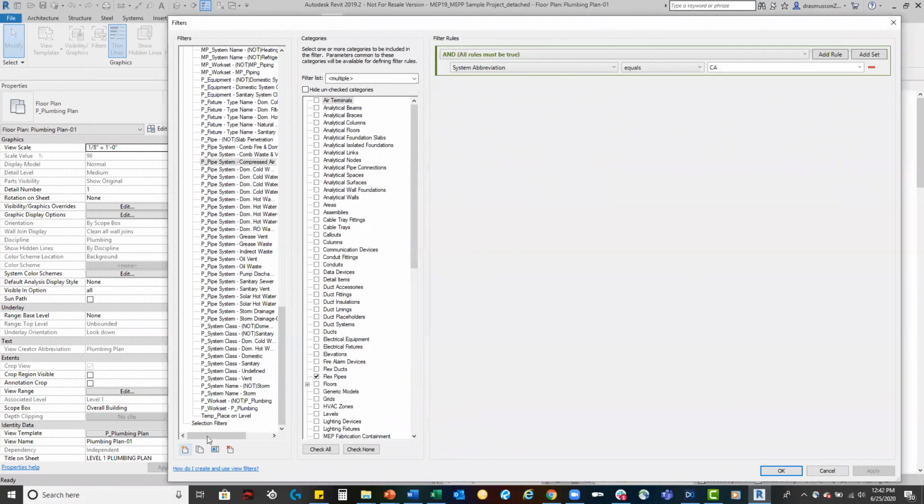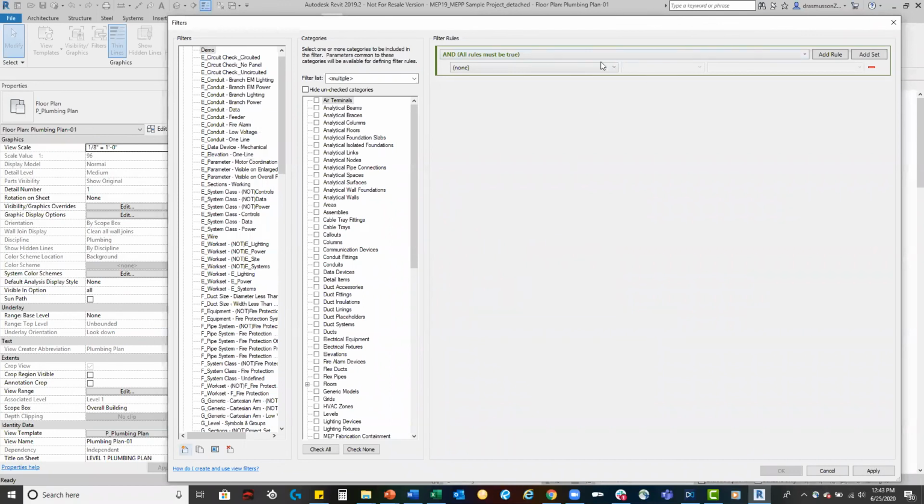In the event that you're not leveraging this and you're creating this from the ground up, standard Revit icons down here at the bottom: create new, duplicate, rename, and delete. So if you need to create a new filter, you would simply create new. Let's give this filter a name. We're going to make a rules-based filter, click OK,